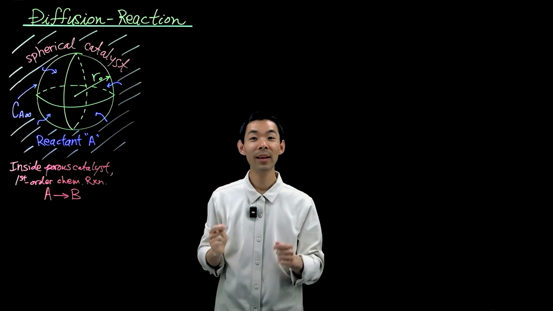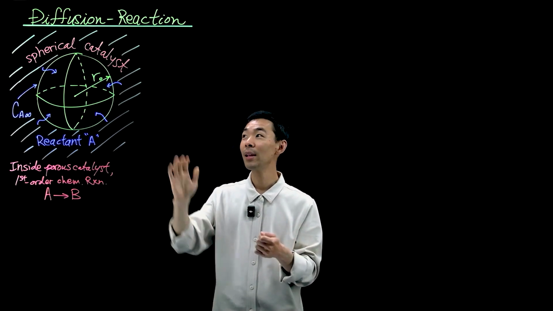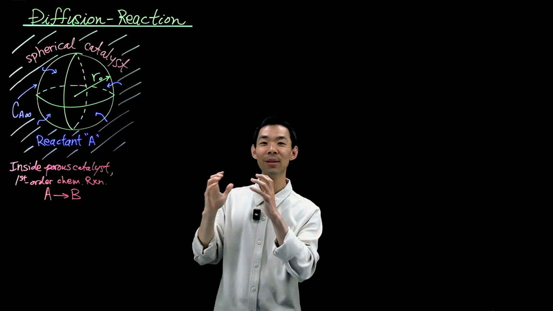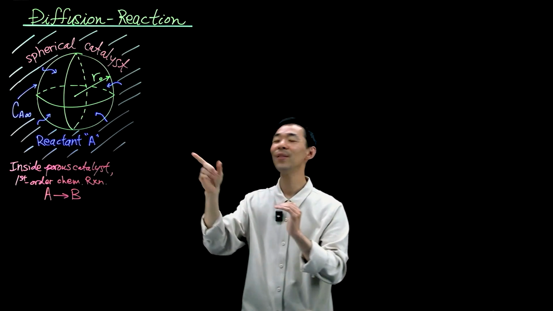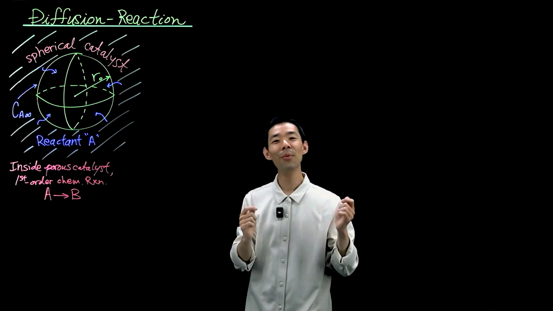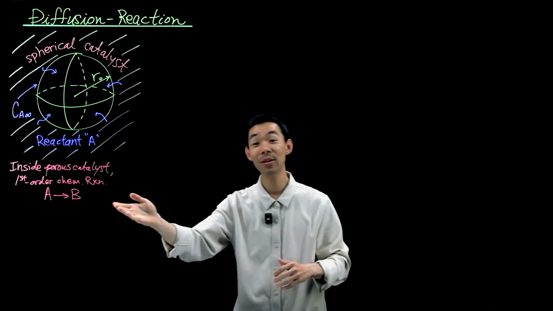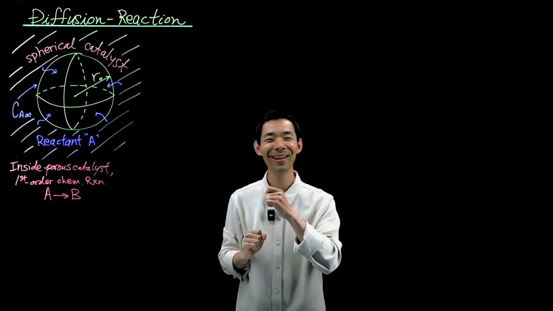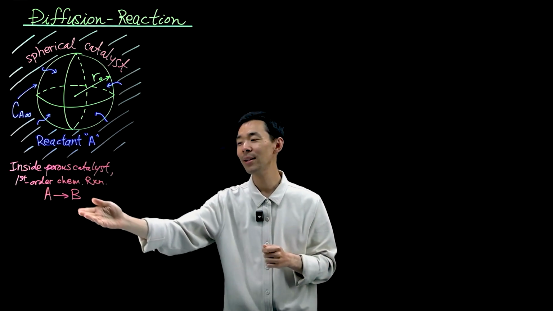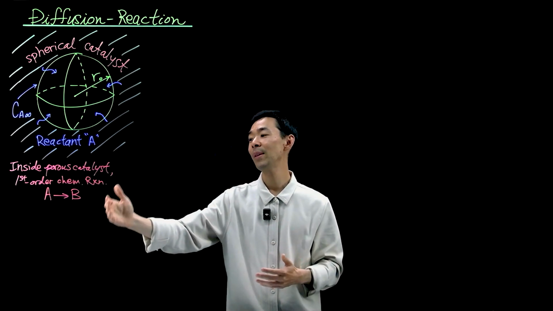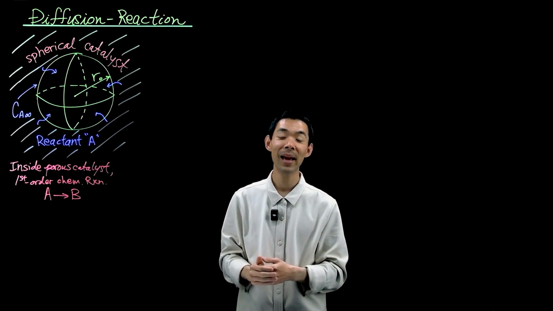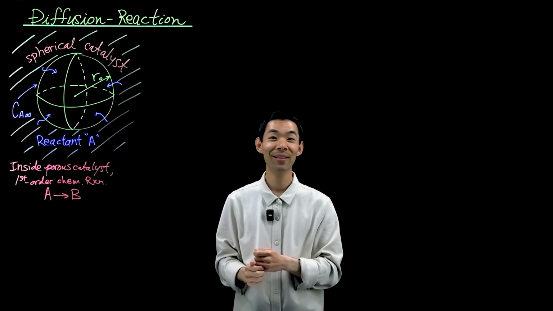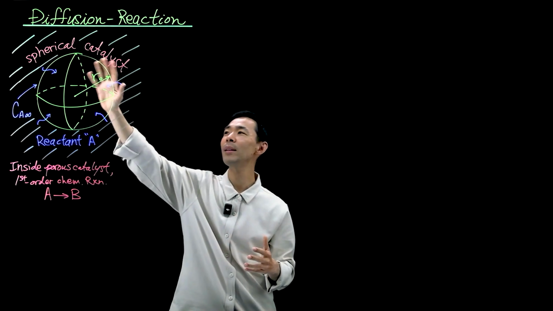So the goal is to optimize catalysis and reaction engineering by designing the world's most perfect spherical catalyst that will carry out the chemical reaction that you want because you want the product B. You're an engineer, you're working at a company, and you want to maximize your profit by having as much product B as possible. So you as an engineer are tasked with the objective of, how do I design the